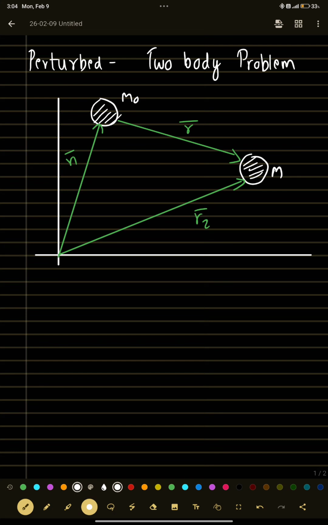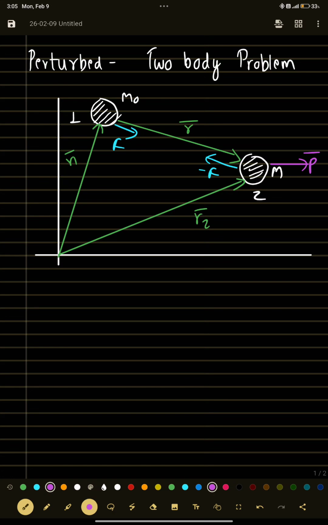So if you have two particles 1 and 2, what do you expect? You will expect both of them to be under the influence of each other's attraction. So you will have some force F in this direction and this will be experiencing minus F. And apart from that, you can have an external force in some arbitrary direction P which is acting on